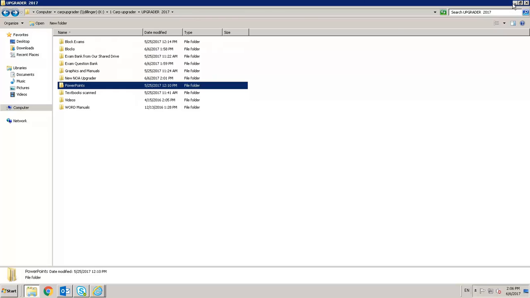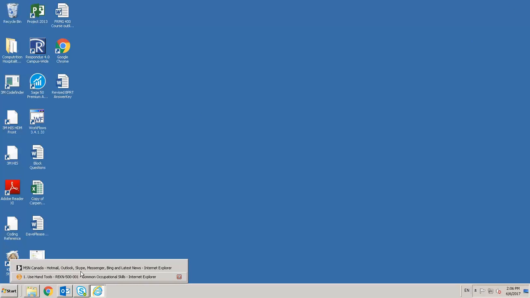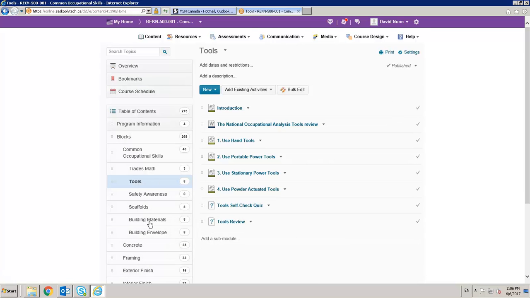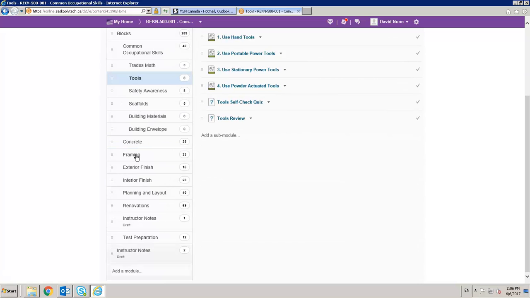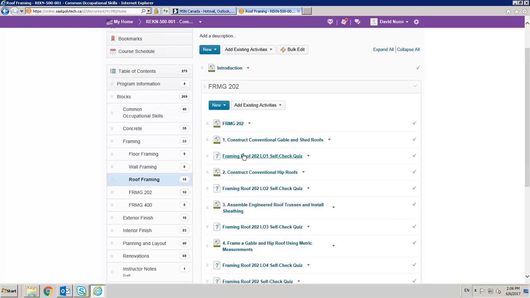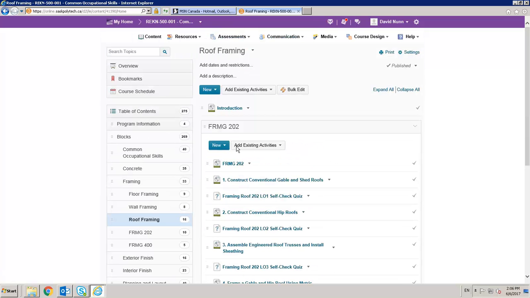Back to the online. So we'll jump ahead to framing for a sec. I want to show you something. So what I do online, for example, this is showing framing 202 here. Basically what I've done is